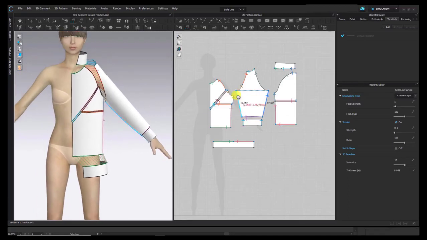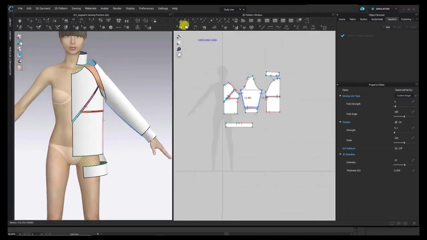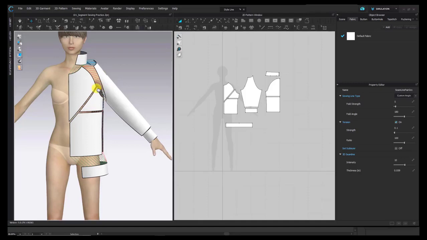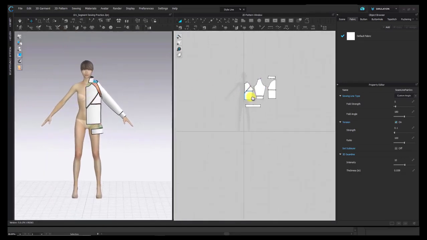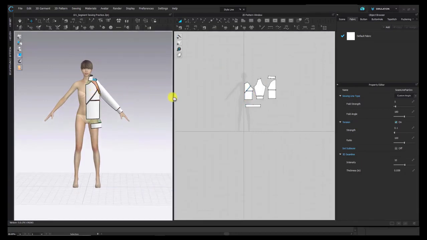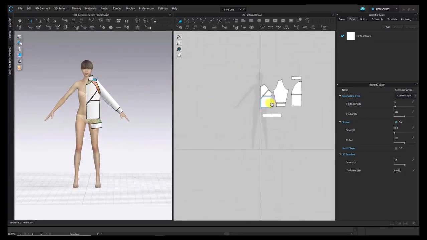Now that this is sewn, I only have one half of my garment. I'm going to walk you through how to get the other half and some pointers about what to do once you get it there. So I'm going to zoom out a little bit so I can see a larger space. I'm going to duplicate this set of patterns and place them on this empty side,